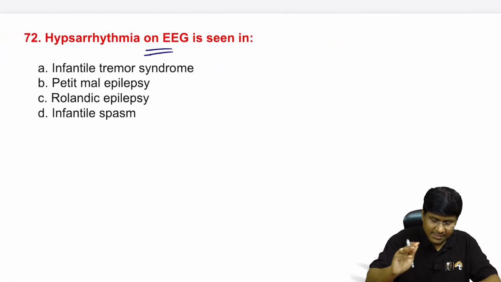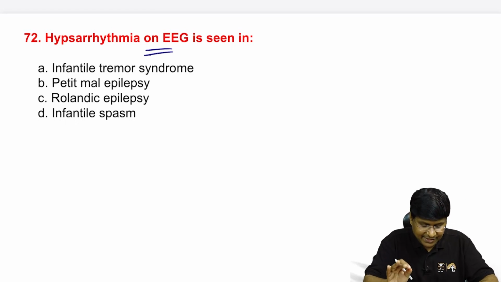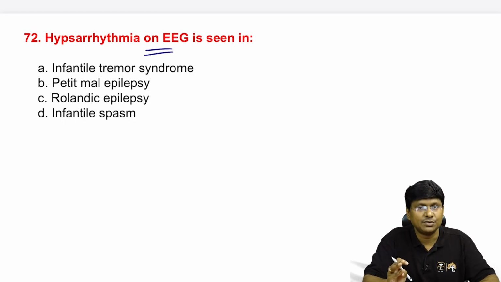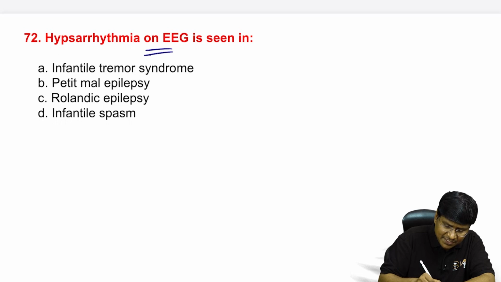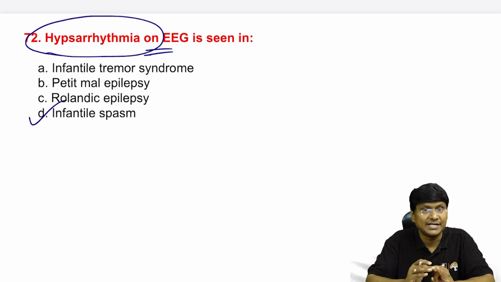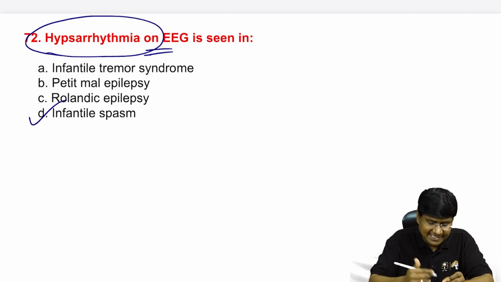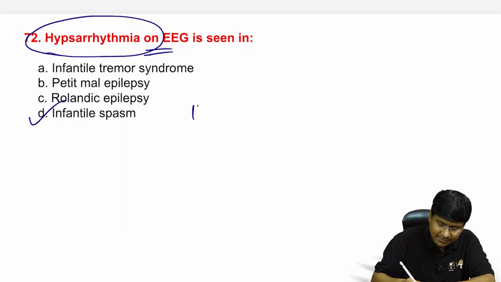So one more question that we have is about hypsarrhythmia. Hypsarrhythmia on EEG is seen in infantile tremor syndrome, petit mal epilepsy, myoclonic epilepsy, infantile spasm. So hypsarrhythmias are observed in case of infantile spasm. Okay, so what are these hypsarrhythmias? Hypsarrhythmias are high amplitude waves,